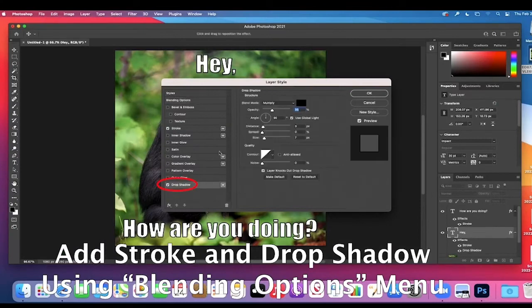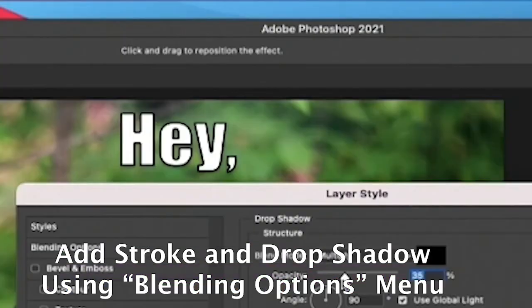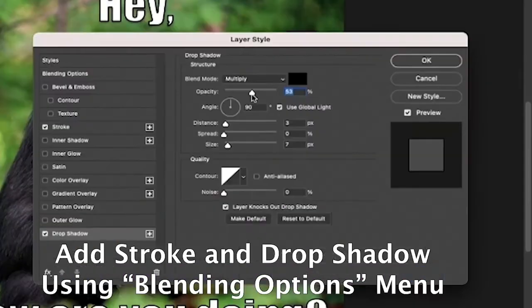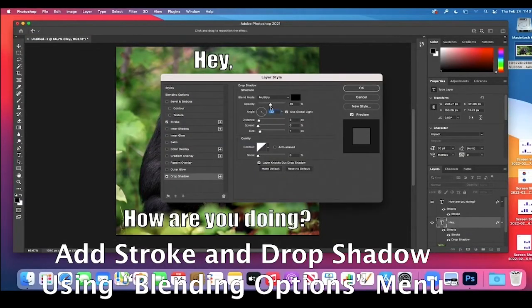Then go further down the menu and select Drop Shadow. This creates an artificial shadow in the shape of your layers to add depth to your text. You may change the color of the shadow and then use this angle tool in order to adjust the angle of the shadow. Once you have everything in the image to your liking, then we can move on to saving